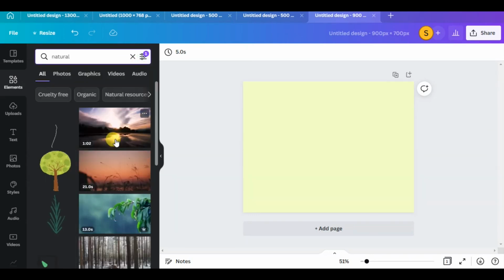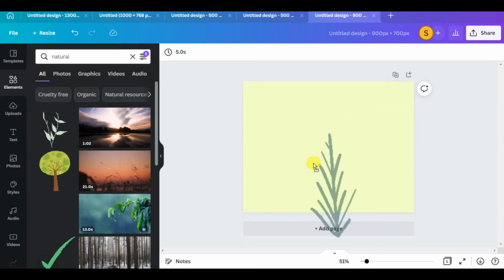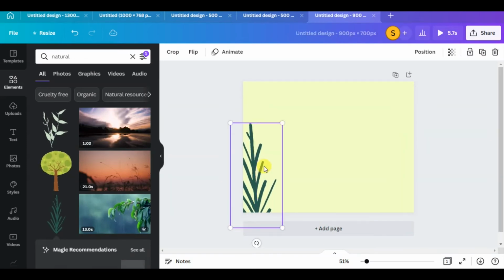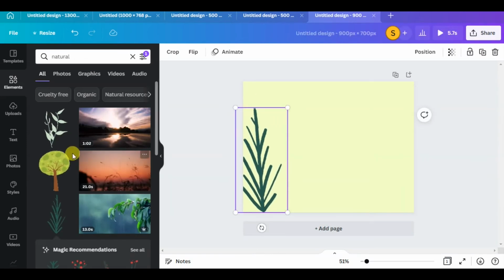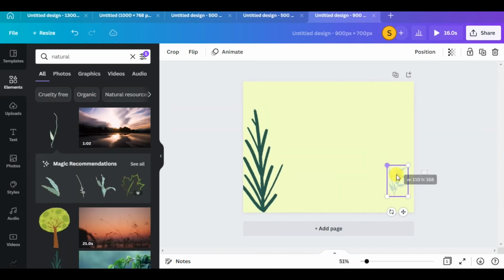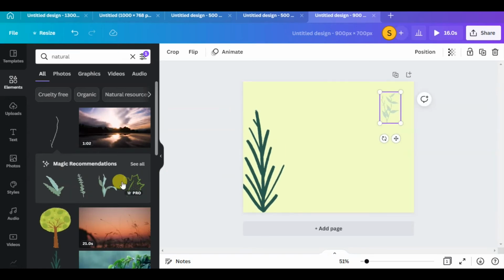Then you go here and select animated, apply filters. Then you see something like this.